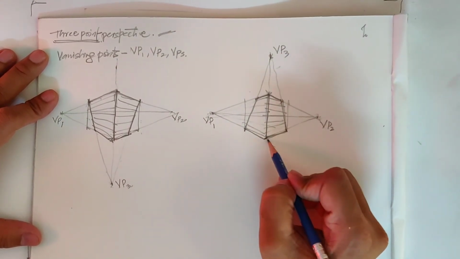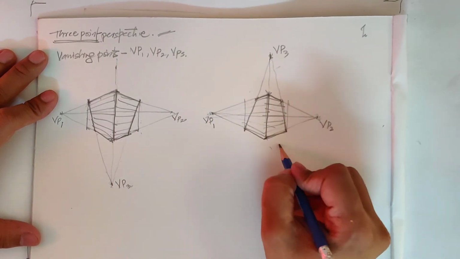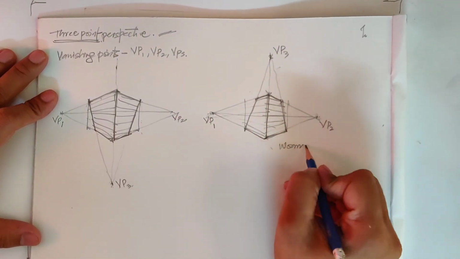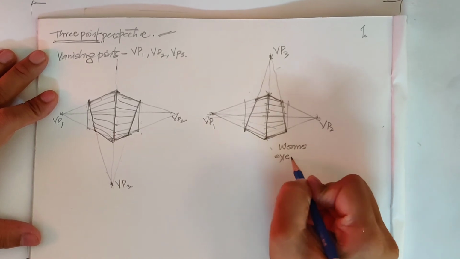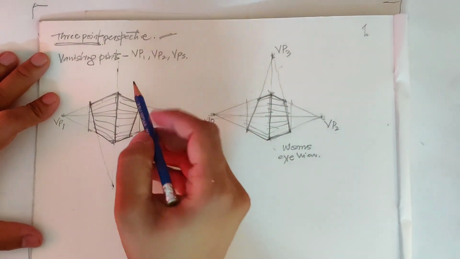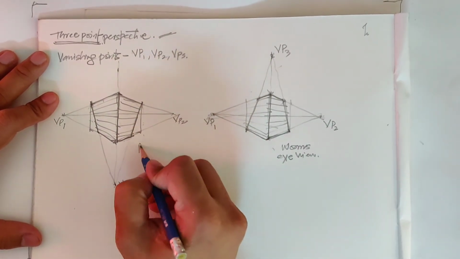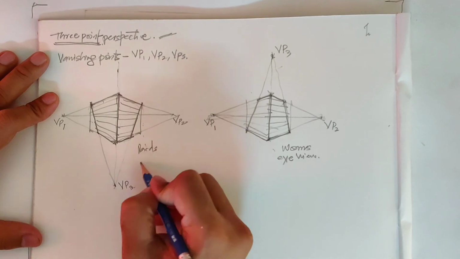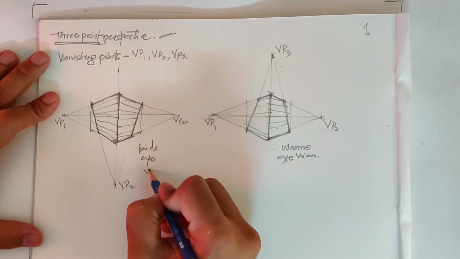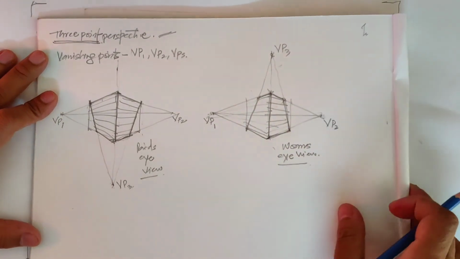When the bottom is broader than the top, this view is also known as worm's eye view. When the top is broader than the bottom, it's known as bird's eye view. Okay, let's